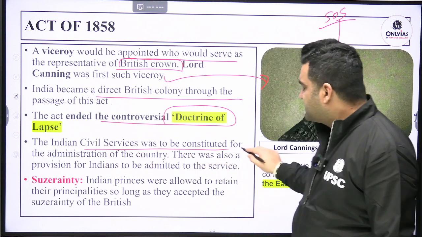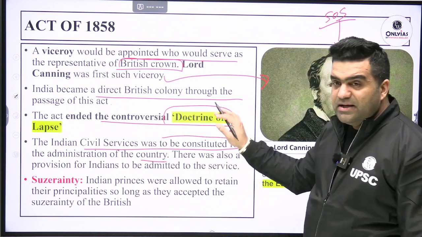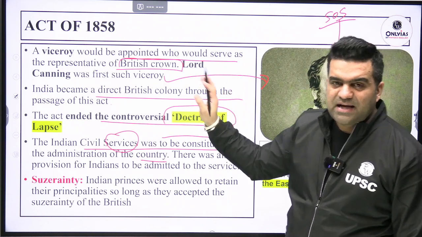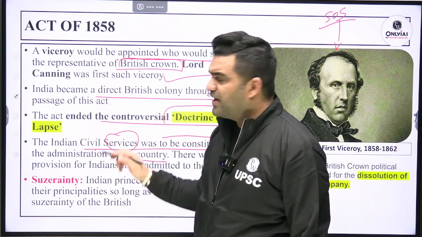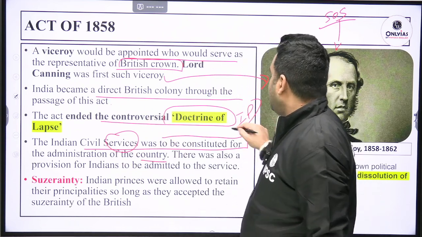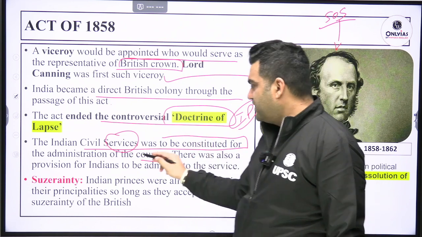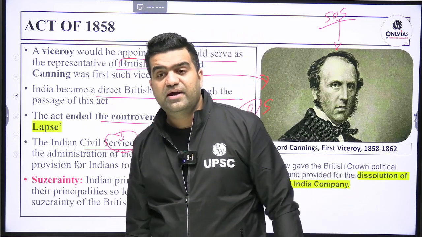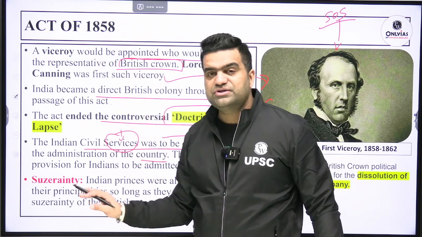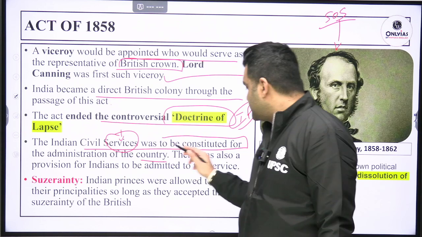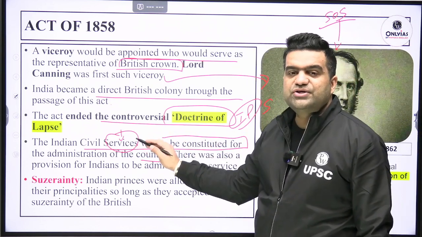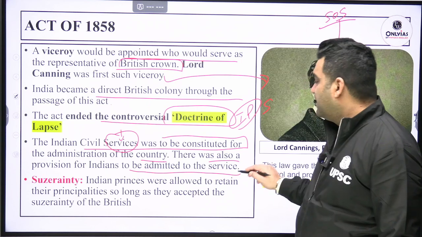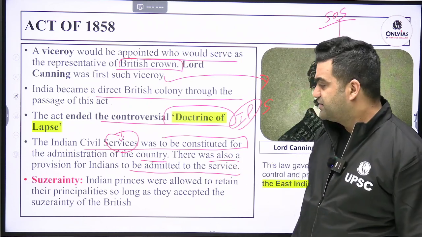Now, the Indian Civil Services was to be constituted. ICS was called ICS only, even before independence. It was Indian Police that was called Indian Police, but the S was missing. Even though service was there, this service was not the service to the people of India. It was the service to the Crown and its officials, the British Crown. Indian Civil Service was to be constituted for better administration of India. There was also a provision for Indians to be selected into the service through open competition.